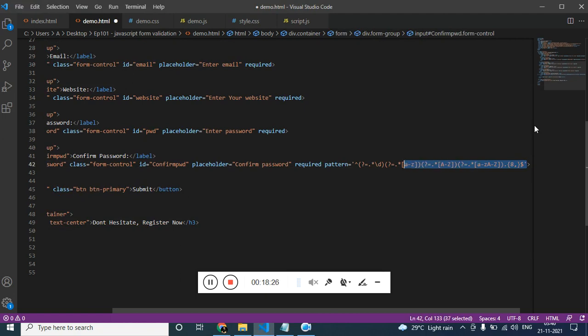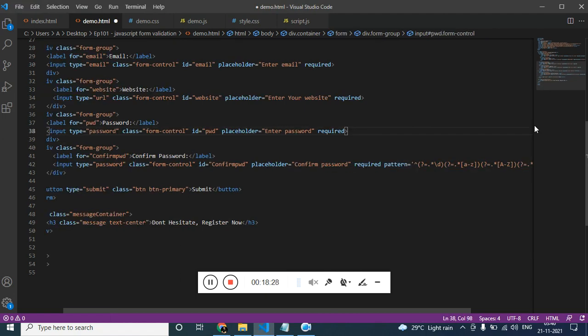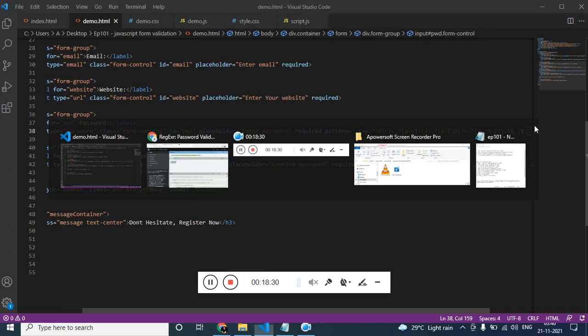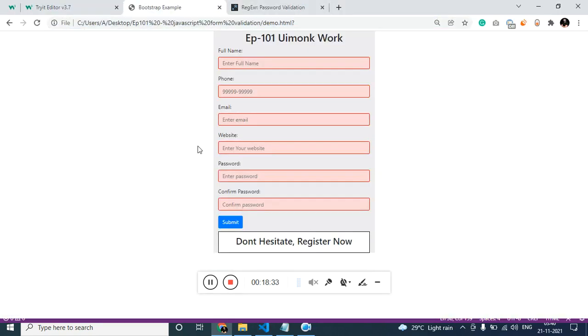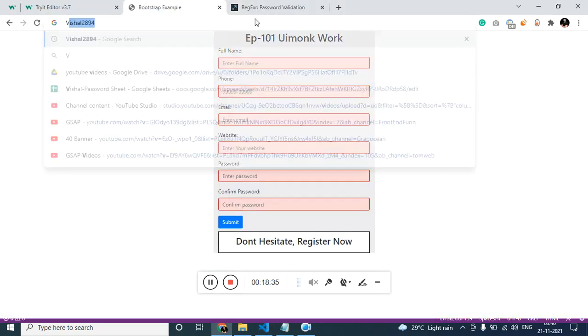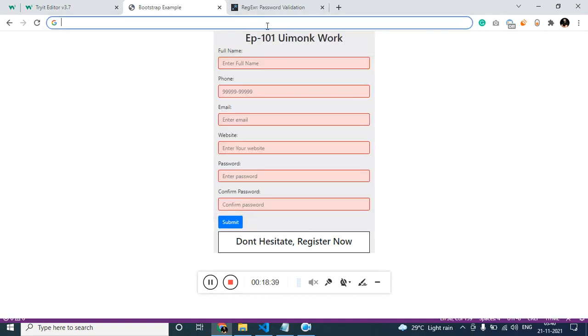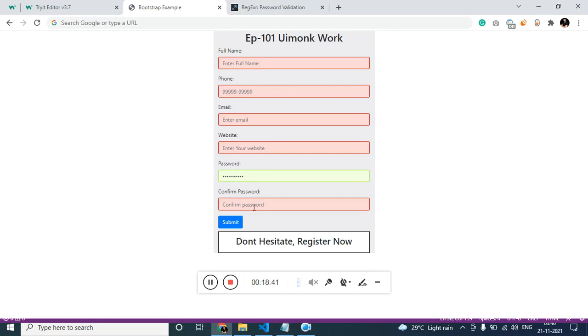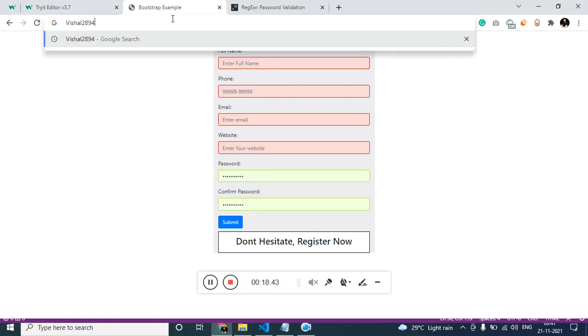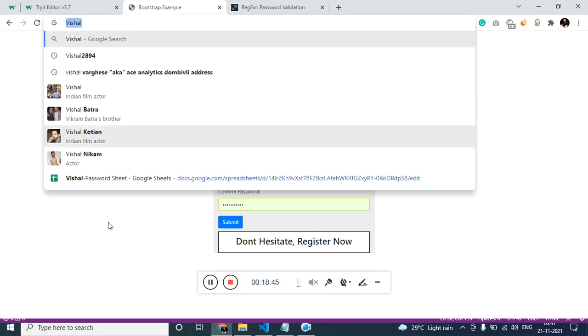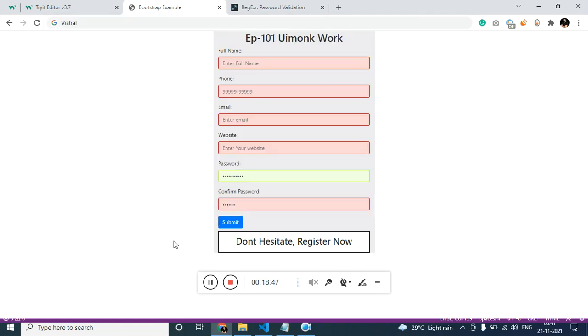The same way do it for the password as well. Refresh it. Now let me type the regex 2894, and it will go green. This also goes green. Let me try only 6 letters without a number, and it will go red.